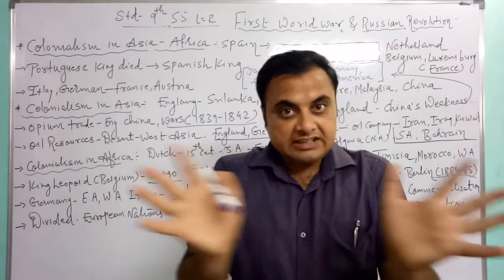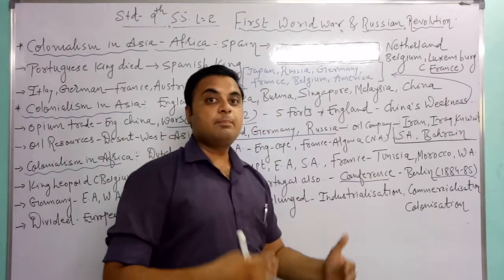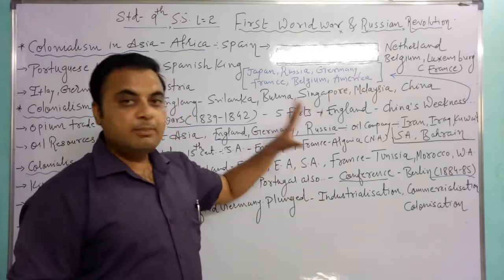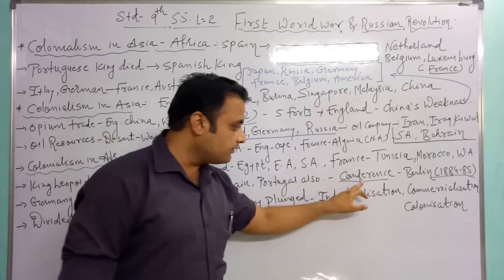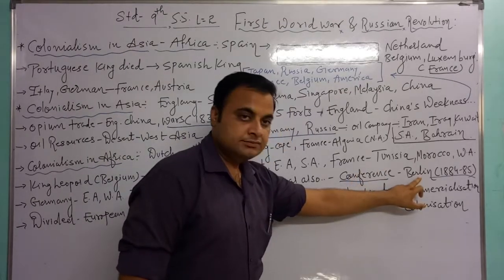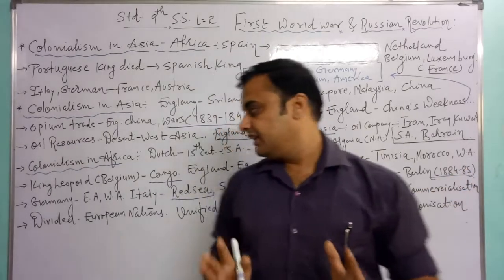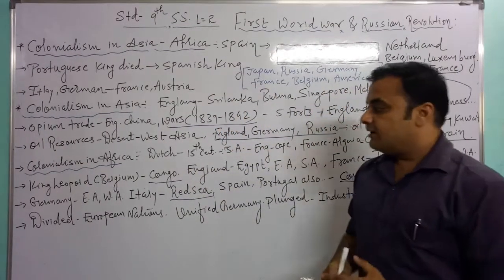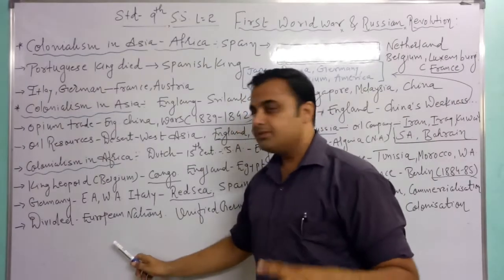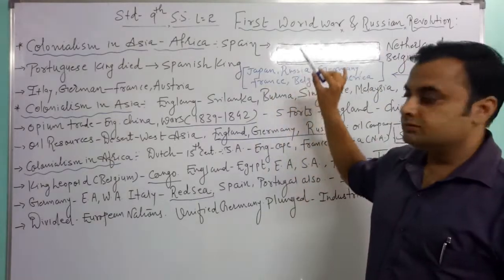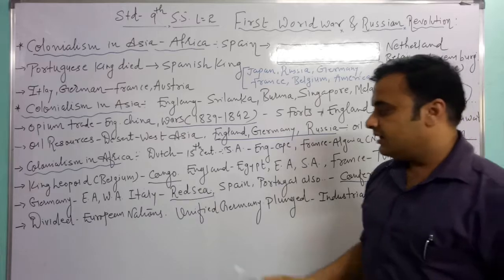That is the conference. So that type of conference, that type of meeting, to divide provinces, to divide the territories among all these European nations. And this conference was held in the city of Berlin in 1884 and 1885. And the purpose was to divide the different provinces, the different territories of Asia and Africa among the